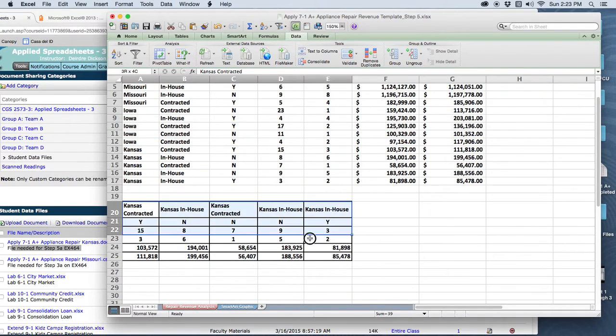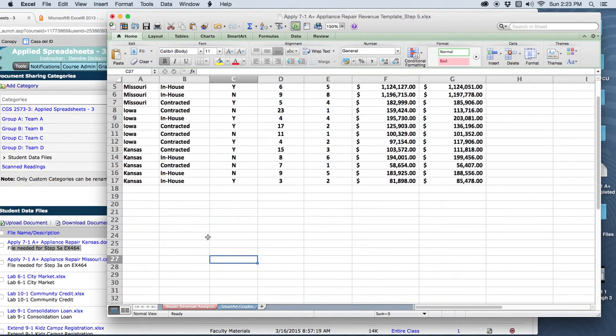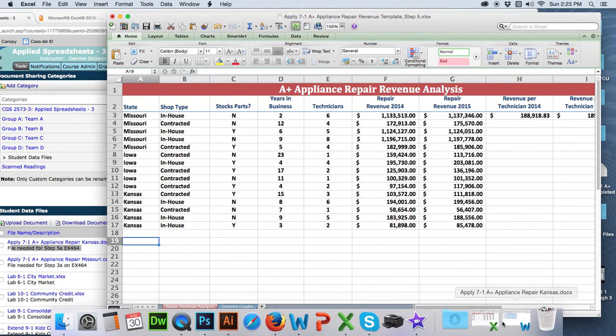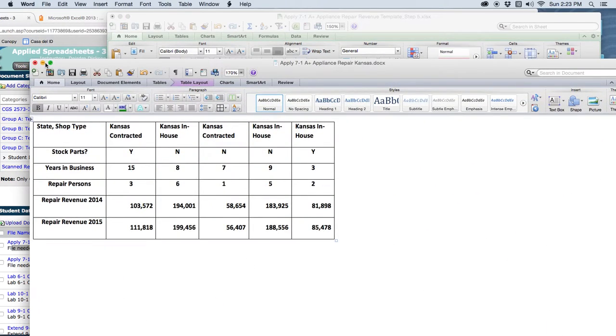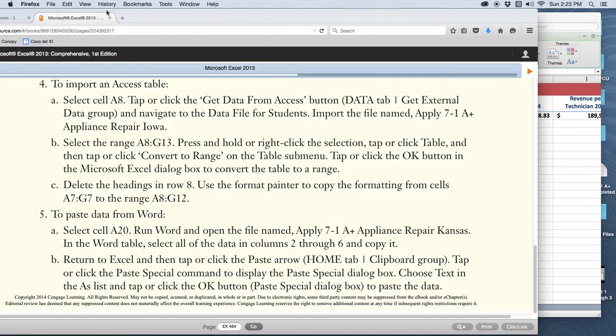Earlier in the step, I needed to actually select and delete my original paste on my Home tab, and yours will be more over to the right. You can clear all formatting and just delete and remove that original content that we pasted from this Word document out. As you move through the assignment steps,